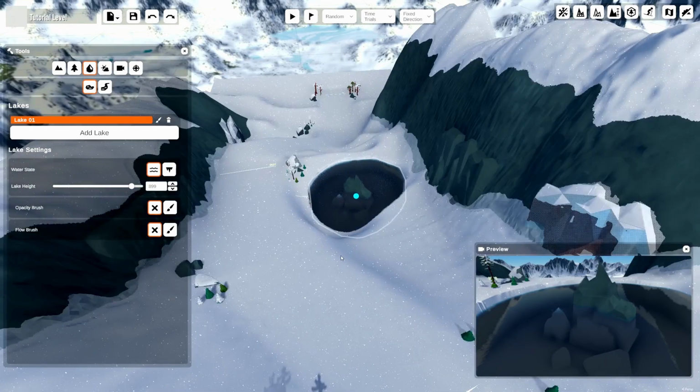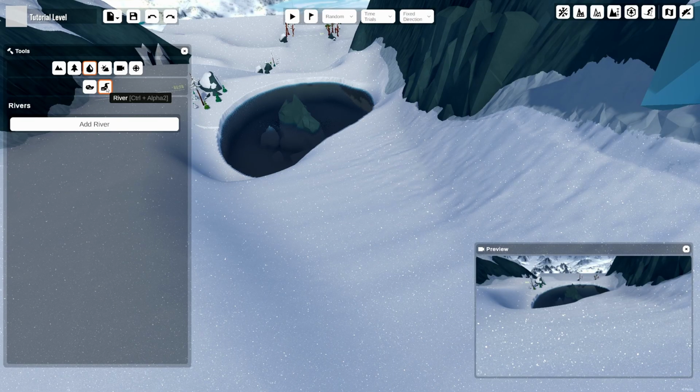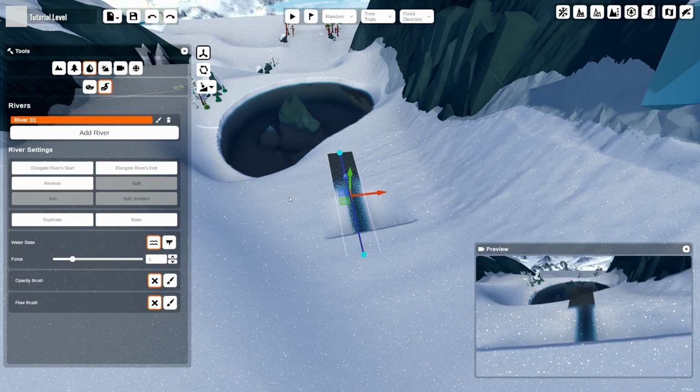Next up, let's take a look into the rivers. The tool next to the lakes is the rivers, and they work in a very similar fashion to the paths. As such, if we click the Add River button, a new river spline will spawn in the middle of our